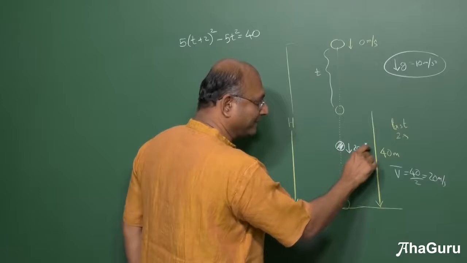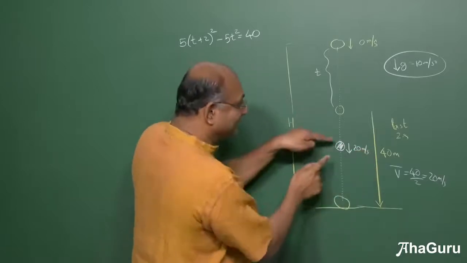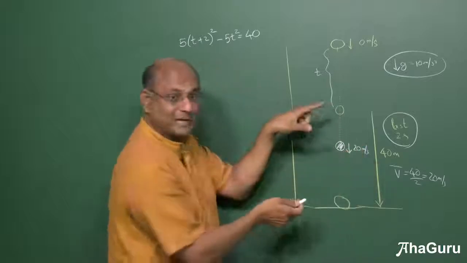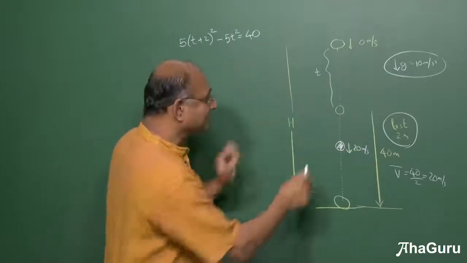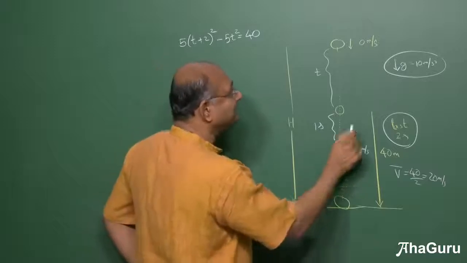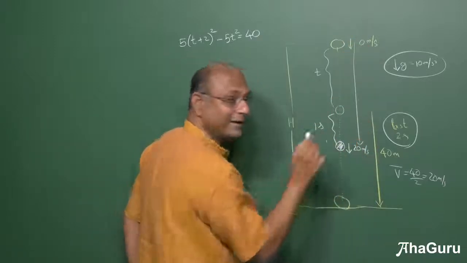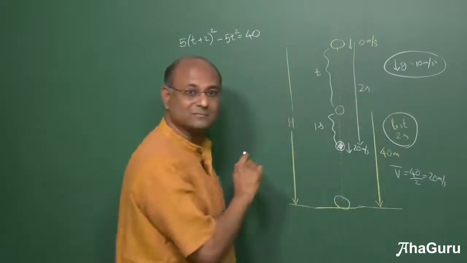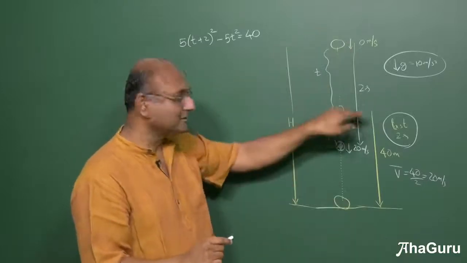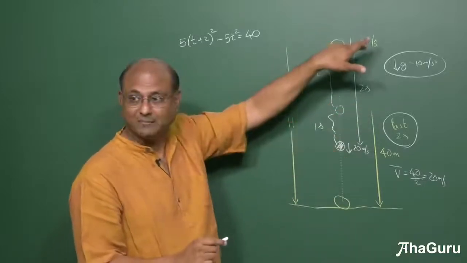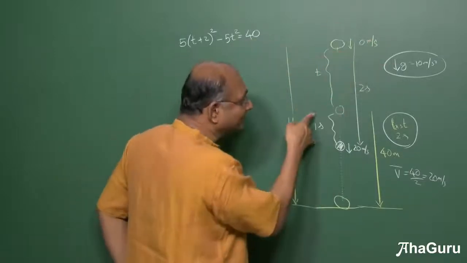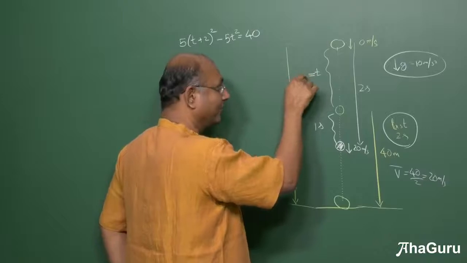20 meters per second. But I know that this happens exactly at half time. If it is half time, 2 seconds, what is half of 2 seconds? 1 second. So that means this must be 1 second. But if it is 20 meters per second from here to there, it must take 2 seconds. Because 0 to 20, how much time? 2 seconds. 20 minus 0 divided by acceleration 10, assume downwards positive. So you get this is 2 seconds, but this is 1 second. So how much is this? 1 second.